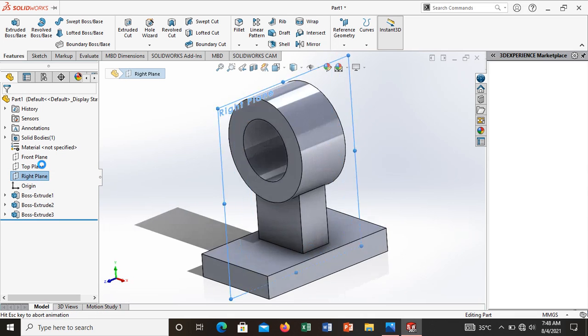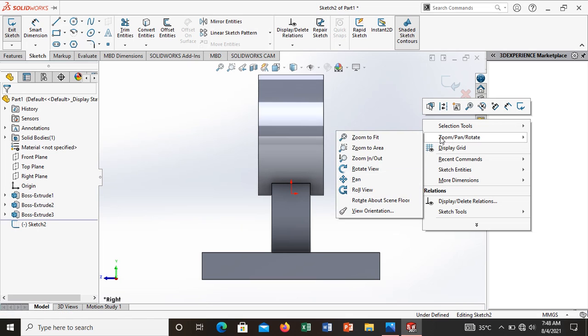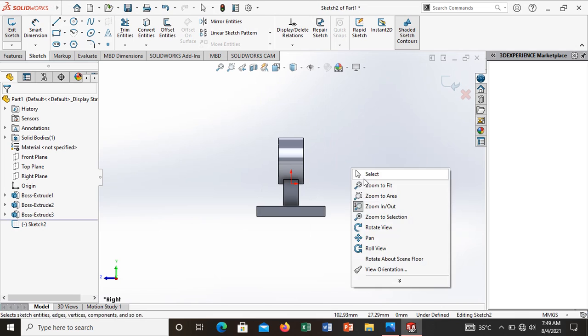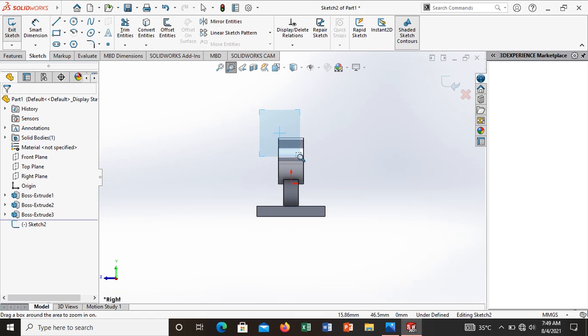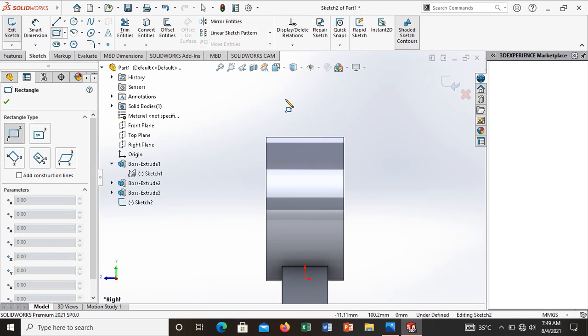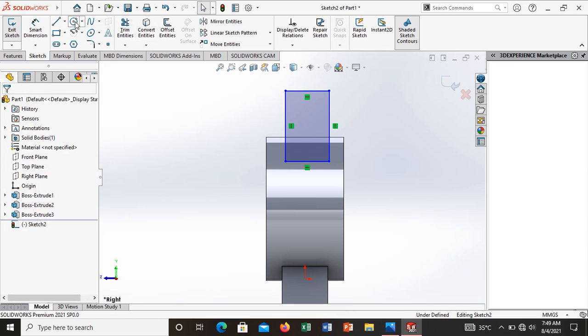Select the sketch, and zoom in and out, make it small and zoom to area. I am here to draw the profile. Okay, give one rectangle. From here, approximately I give it and then you change it. Okay, and then give the circle at the mid plane.